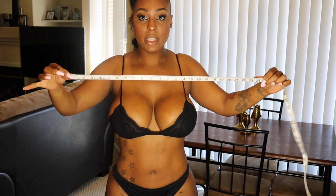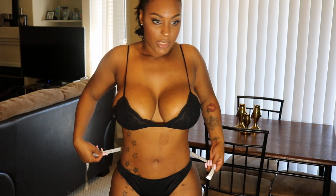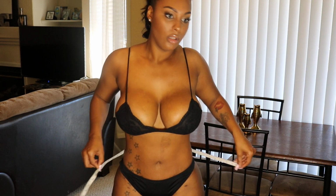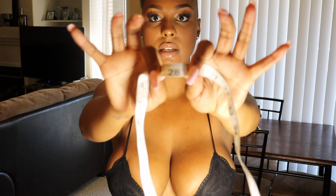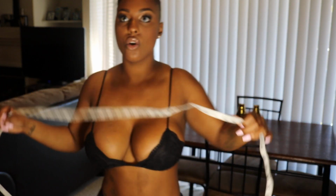So anyways, I'm just taking a standard measuring tape and I am going to measure my waist. I believe the waist is right underneath the belly button, and I'm looking in my mirror right here. So right now my waist is at a 28 inches. Can you see that? 28 inches. So a couple of videos back, my waist was like a 27, and the smallest my waist